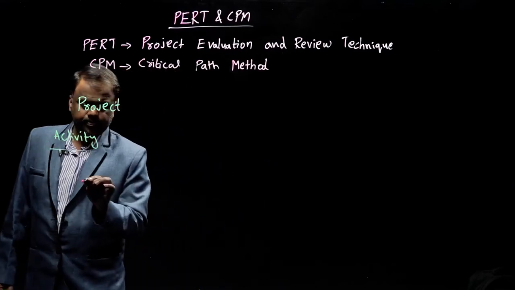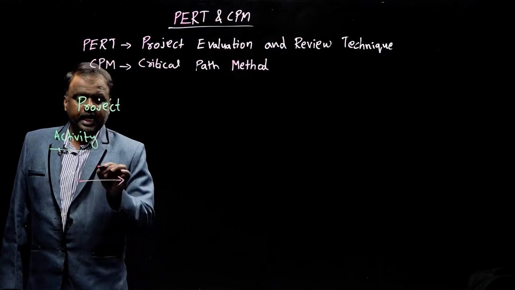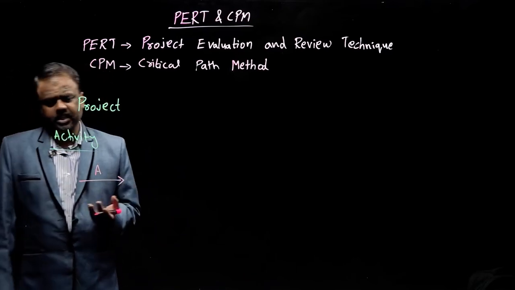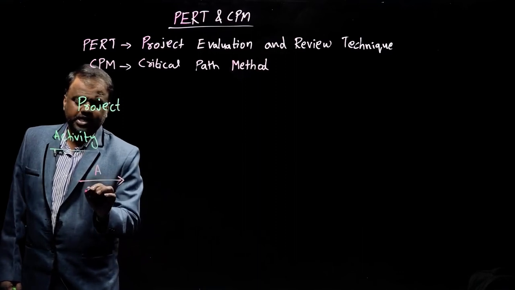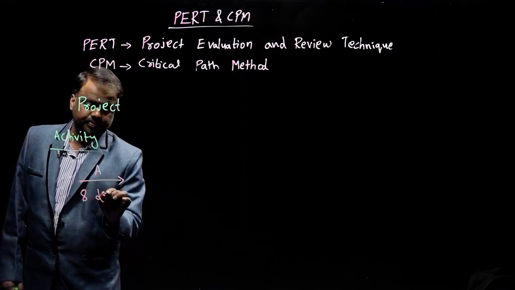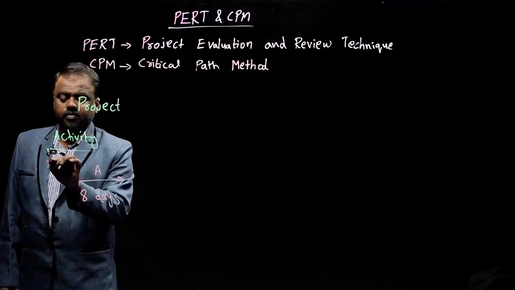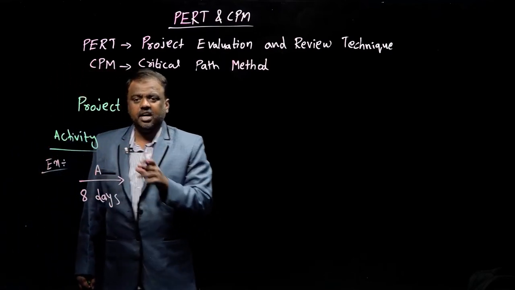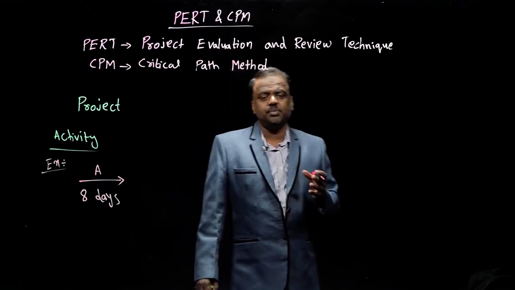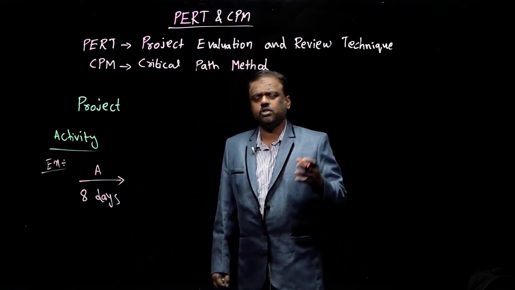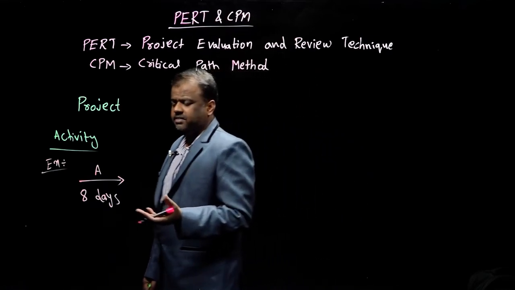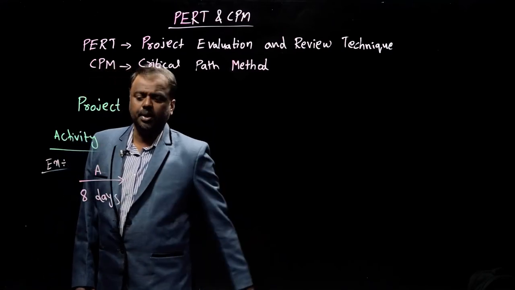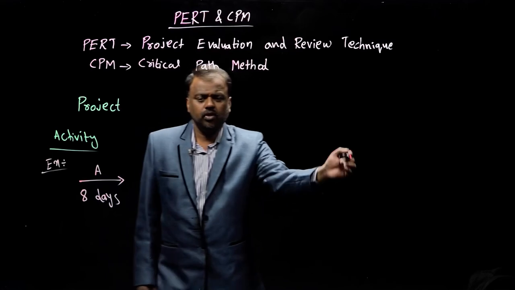Generally we show it with an arrow like this. I name this activity as A, or you can write design, manufacturing, anything, and the time or resource required is 8 days. We can take it as an example. So what is the activity? Activity is a task which consumes or requires some resource to complete it. You can say resource or time. Suppose for example, the activity A requires 8 days to complete it. Next, this is about activity.